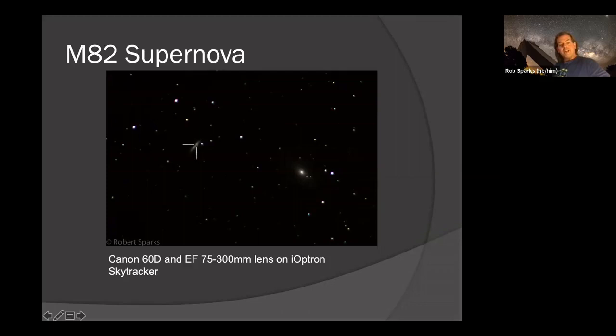So I'm sure people got better pictures, but I can guarantee you no one got pictures with a smaller telescope or smaller piece of equipment than that. And I think that was only a 30-second exposure, if I remember correctly. So that's a very short exposure. You can get the 2 galaxies plus that little guy right there. I would have loved to have had that 600 millimeter lens at the time to try it with. I'm sure that would have pulled in a little bit better, made things twice the size, at least give me twice the magnification. Plus, I have a camera with more pixels now, getting more pixels on the image as well.